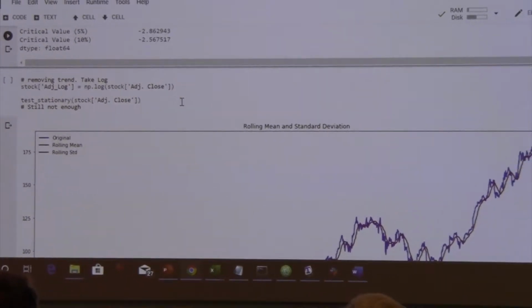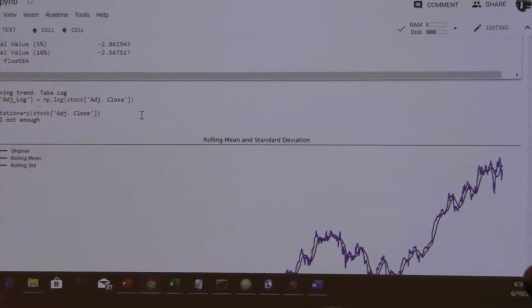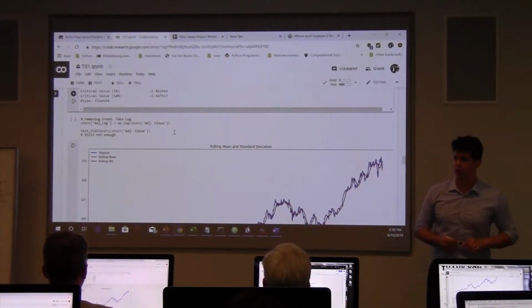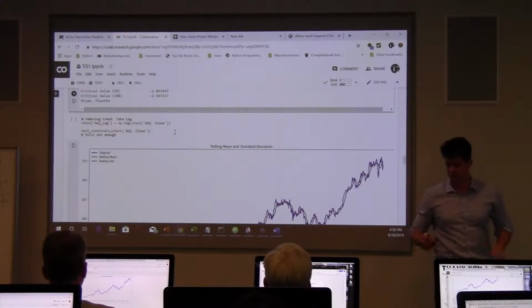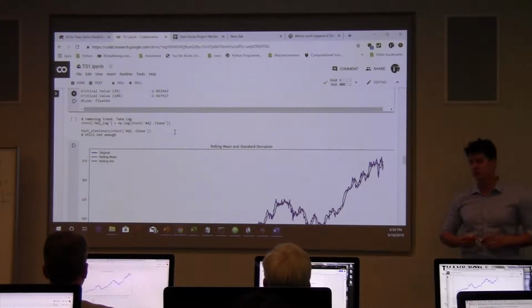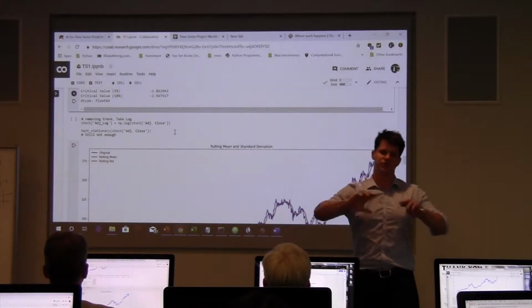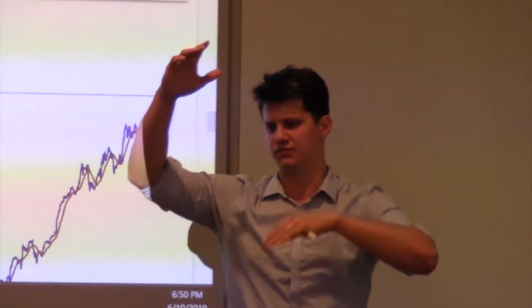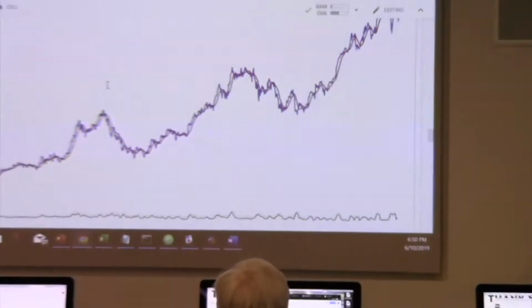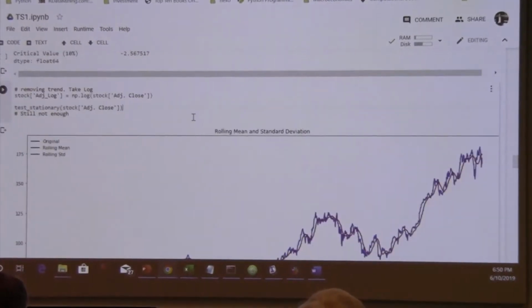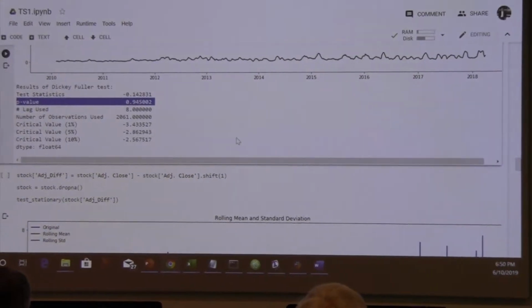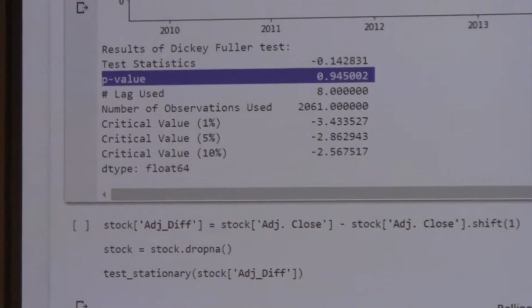Then I say, look, I'm going to do some transformation, just like a normalization of the series, to see if I can make it stationary. One possible transformation is taking the log. Usually, when you take the log of some data, you are reducing the variance of the data. We do that and we have the graph here, the result. But actually, you still have a high p-value. So the log transformation didn't help much.